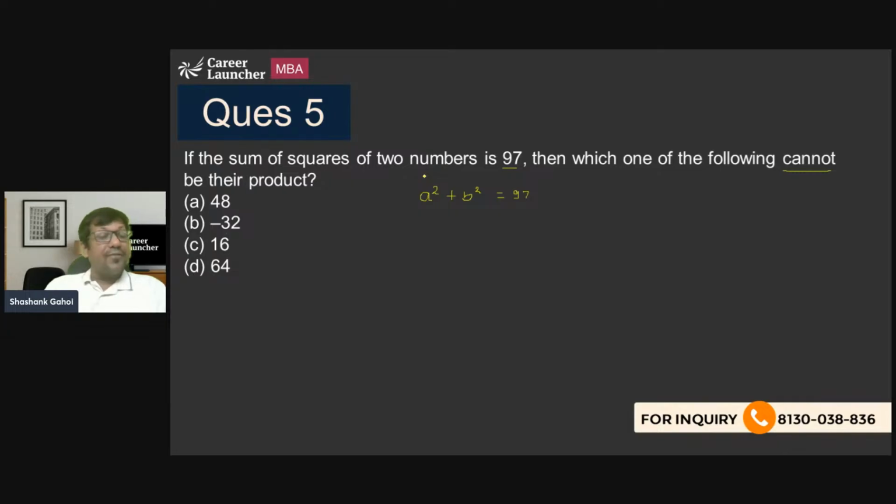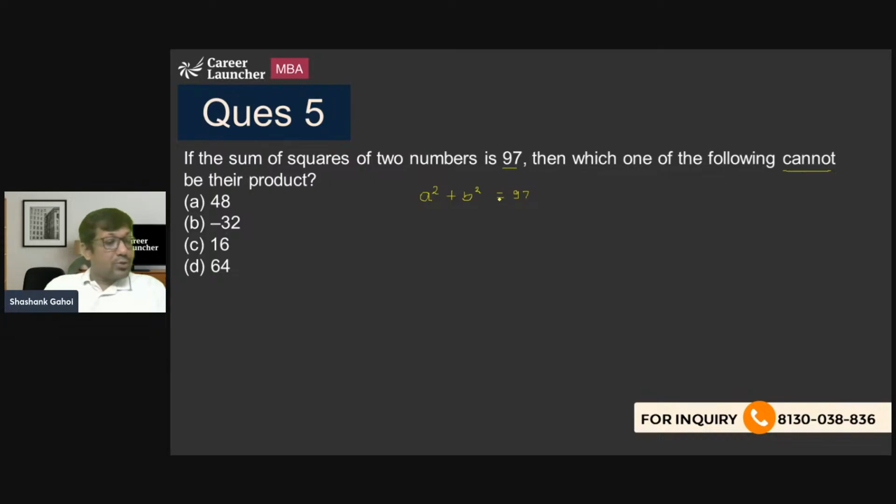They might be integers, they might not be integers, they can be any numbers, right? When we are talking about any competitive exam like CAT or OMETs or those kind of exams, all the numbers that we are dealing with are going to be real numbers. So basically, I know that a and b are real, and the sum of the squares of those numbers is 97, but